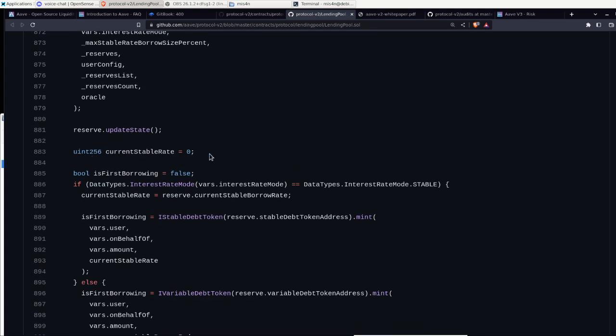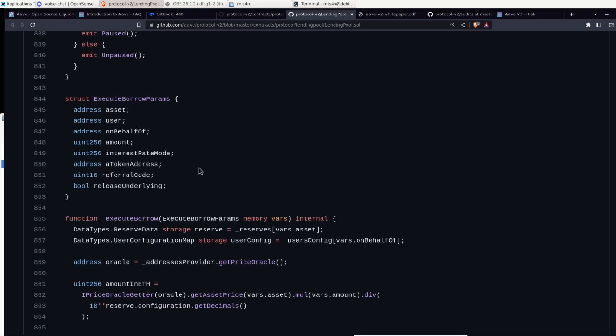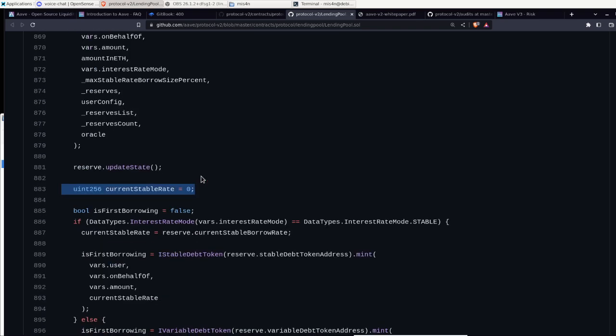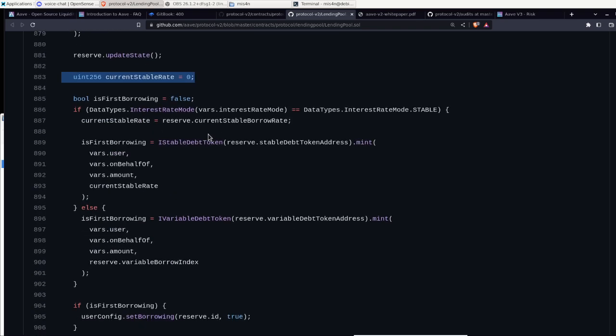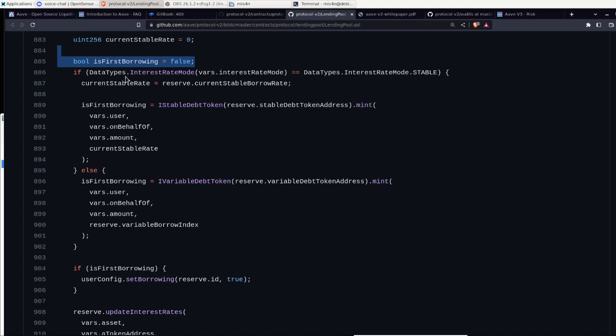We're going to set the current stable rate to 0. And let me see, because I'm just borrowing that should be set to 0. Interesting. And the first borrowing also got set to false. Okay. So let's go over data types, interest rate mode, vars, interest rate mode equals data types, interest rate mode